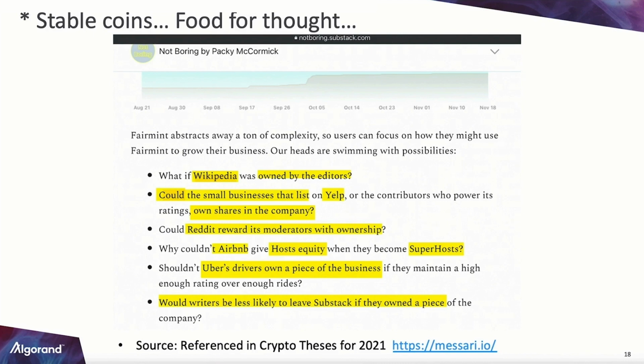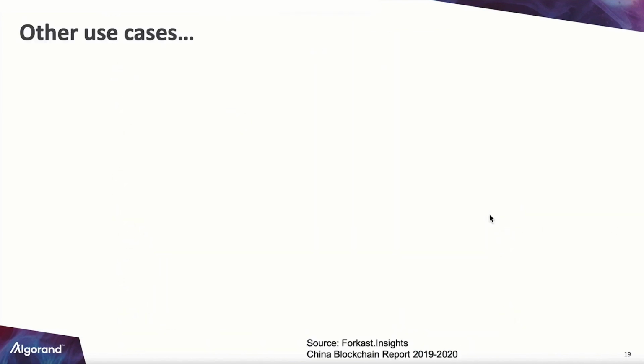So these are things that make you think about the potential for these assets. Like Uber drivers could own a piece of the business if they maintain a high enough rating over rides, for example. So these are all things that would help out. And then, if you take a look at some other use cases here, basically what we see here